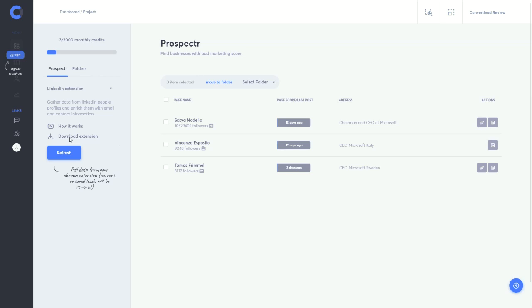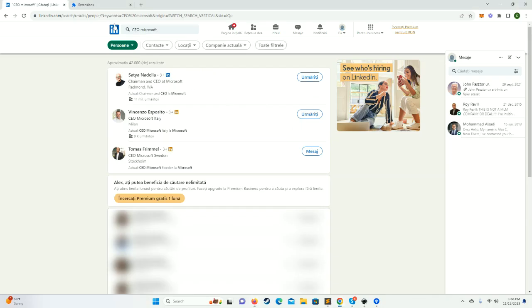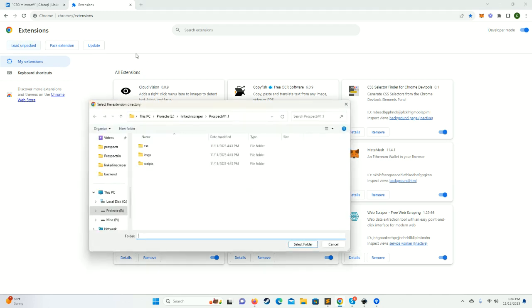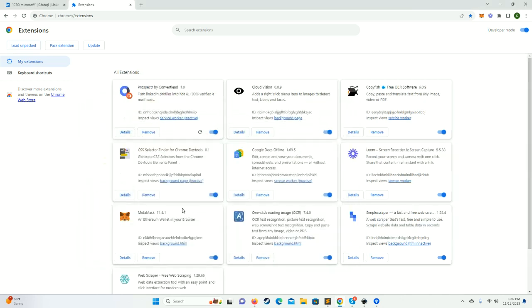So the first thing you want to do is to make sure you download our Chrome extension. You can do so by clicking this button right here. Then open your Chrome browser. Go to Chrome extensions and load your extension, the one you just downloaded. Make sure you unzip it and load just the unzipped folder. Select it, click on select folder, and you should be able to see our ConvertLead logo and description in the